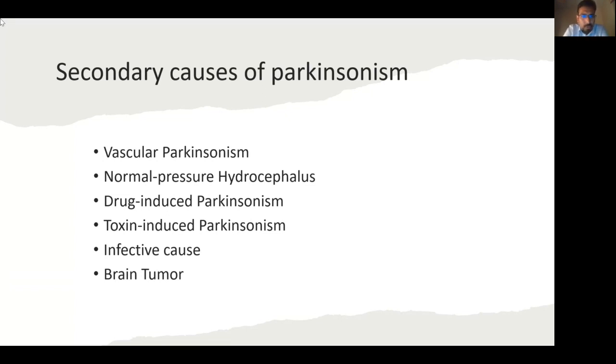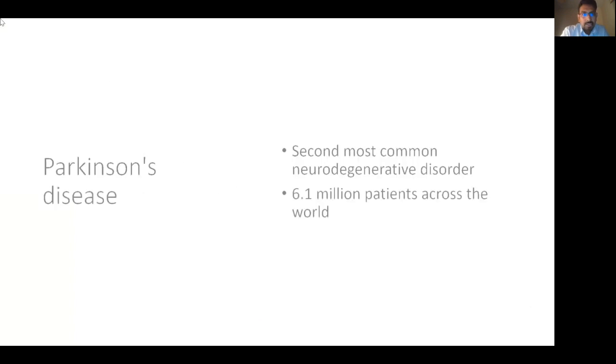The commonest drugs which can cause Parkinsonism are antipsychotics and antiemetics. Toxins, we don't see this much recently, but some old type of insecticide called MPTP or something like this, not much used these days, was shown to have a quite significant relation with Parkinsonism. Any intracranial tumor around the basal ganglia can cause similar features.